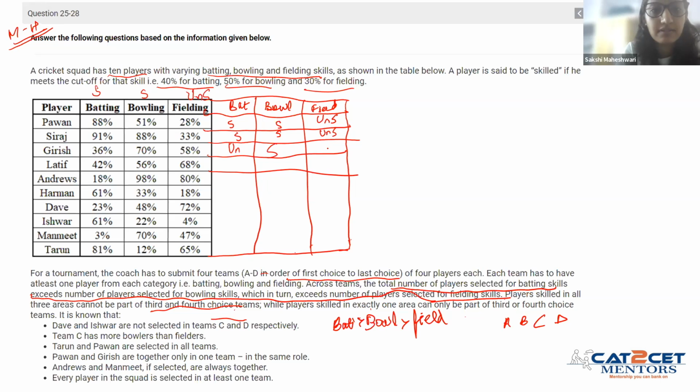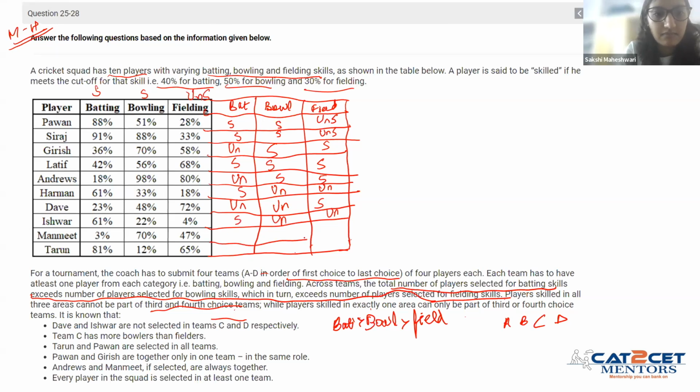This is skilled, skilled. Okay. Then what you have to do is,